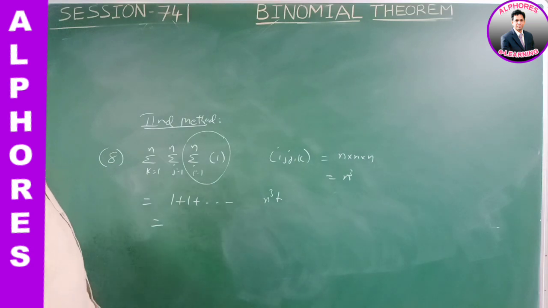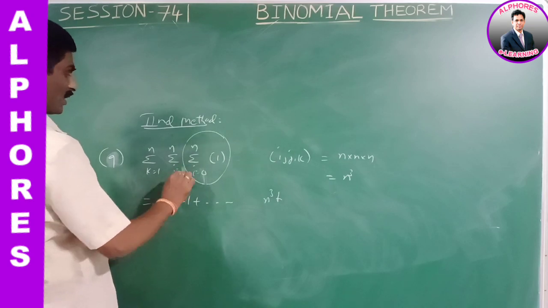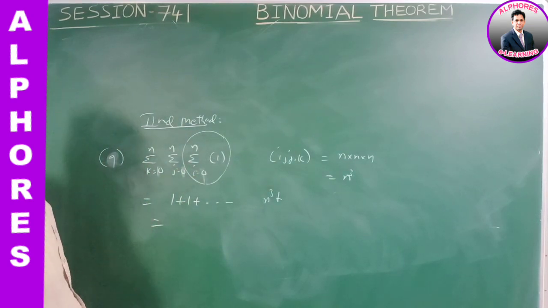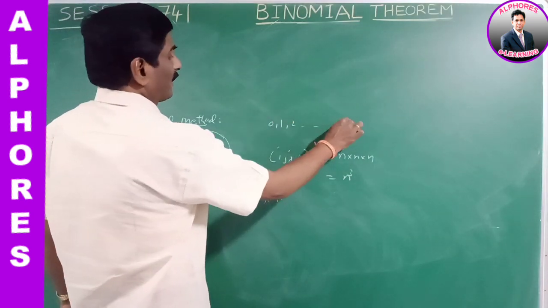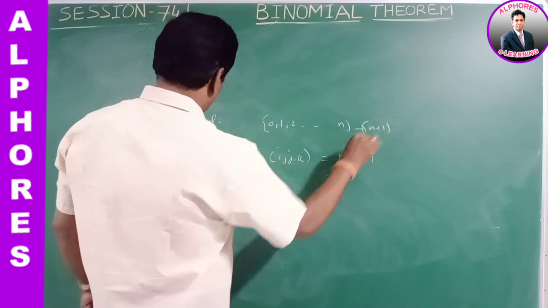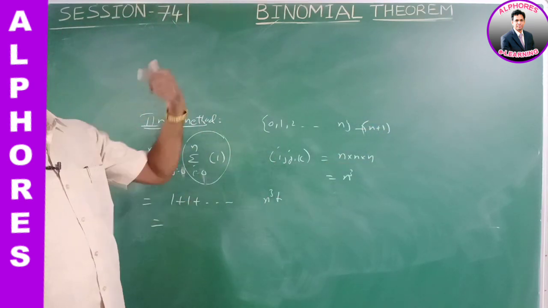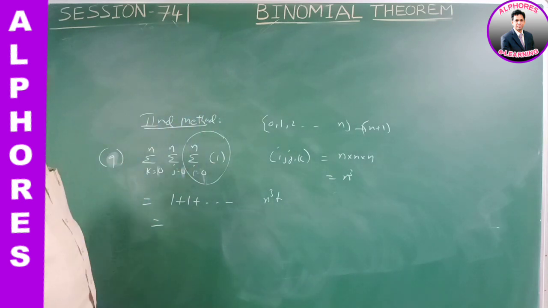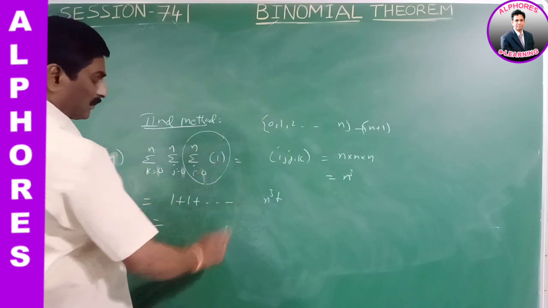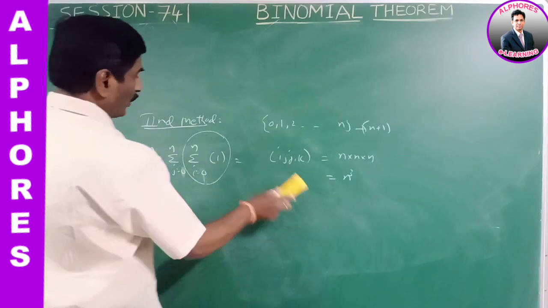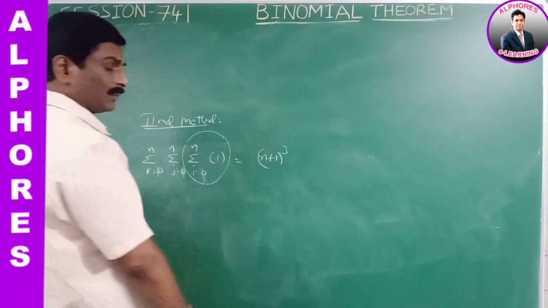Suppose in the ninth question, the question is in this way: i is equal to 0 to n, j is equal to 0 to n, k is equal to 0 to n. What is the answer? Here i takes values from 0 to n: 0, 1, 2, 3 and so on up to n. How many terms are available here? n plus 1. i having n plus 1, j having n plus 1, k having n plus 1. The answer is (n plus 1) whole cube ordered triplets. Please note that value also. Sigma of i is equal to 0 to n, j is equal to 0 to n, k is equal to 0 to n is equal to (n plus 1) whole cube. Please write clearly.